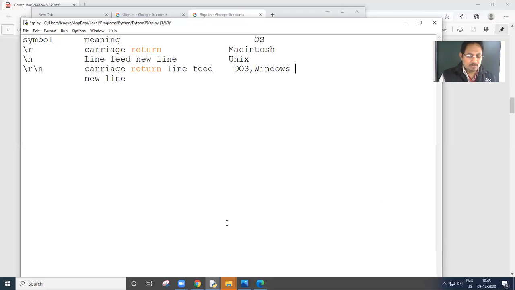To get rid of this problem, we can write newline equals to \r\n while reading a file, or simply we can write,